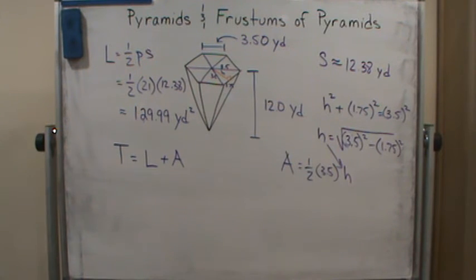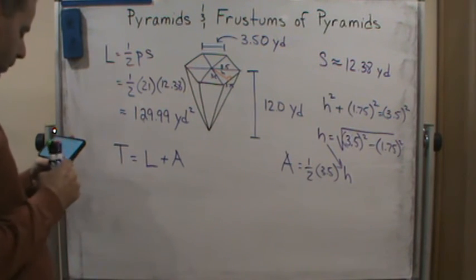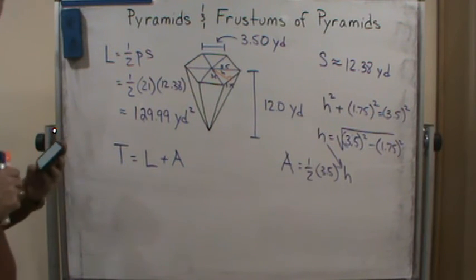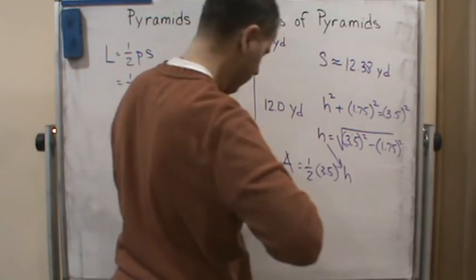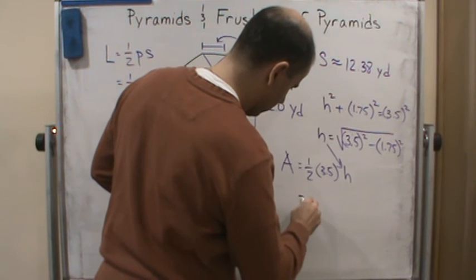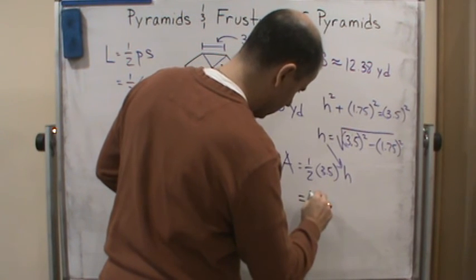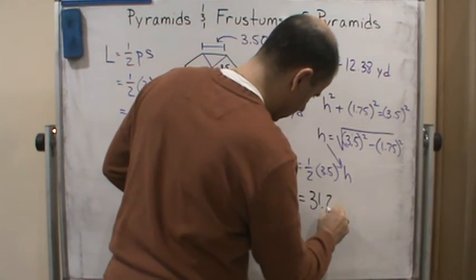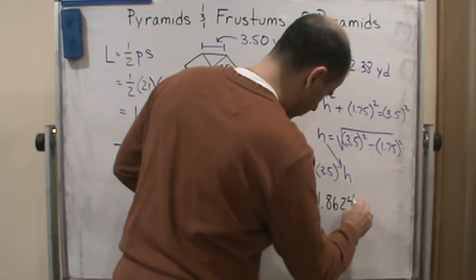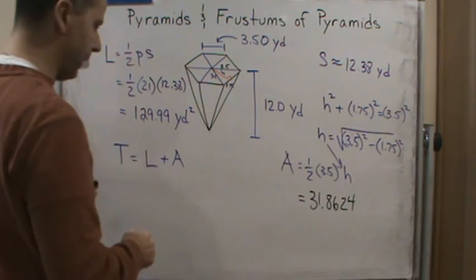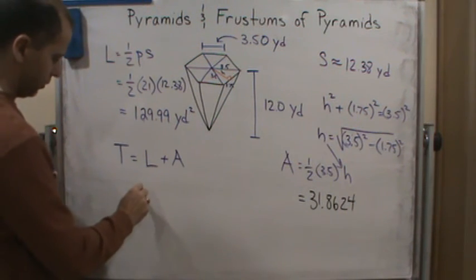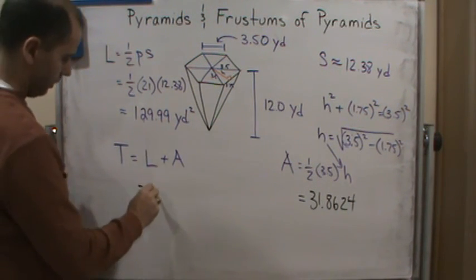So I got 31.8264, so that is the area of the base, and I'm done because all you have to do is take the lateral